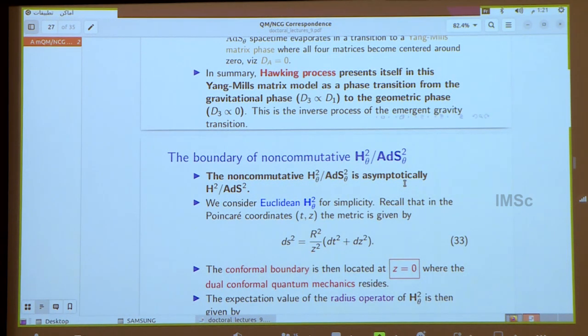I would like to go down to the boundary, the boundary of non-commutative AdS2. The main statement is that the non-commutative AdS2 is asymptotically AdS2. That's the main statement, which means it has the same boundary as the commutative AdS2. They have the same boundary, and more than that,